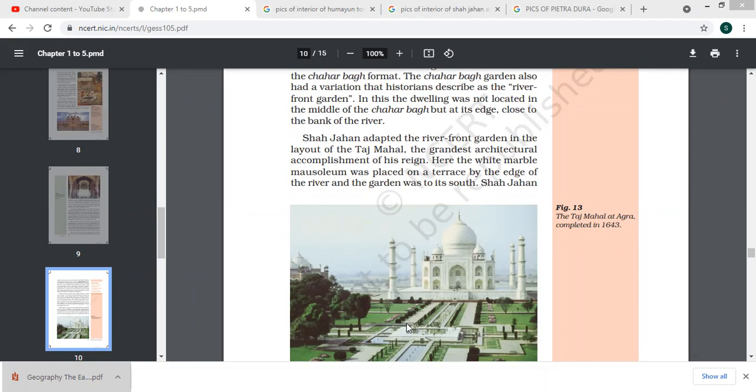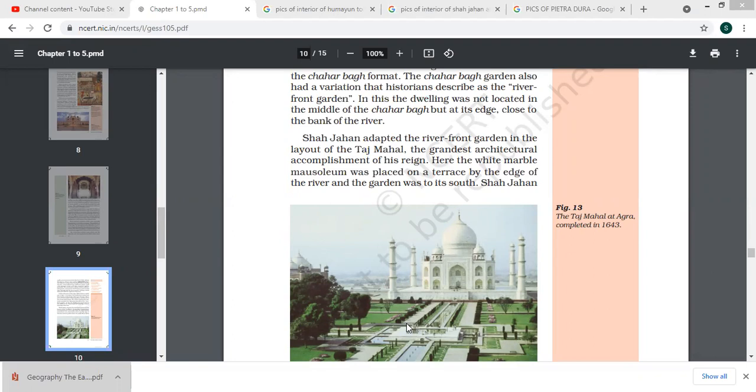Only especially favored nobles, like his eldest son Dara Shikoh, were given access to the river. Otherwise, other people and other family members were not allowed to construct their homes near the river Yamuna. Their homes were in the city away from the Yamuna.